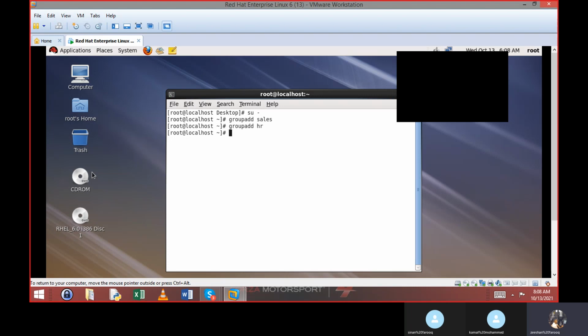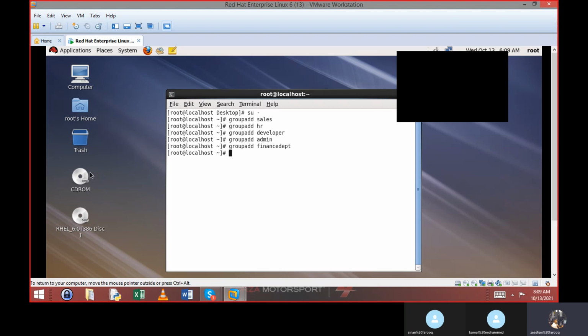I will add 5 groups. groupadd, for example, developer. One more group, I'm adding admin. The last group, groupadd, I'm adding, for example, a finance department. I'm just putting a department, finance.